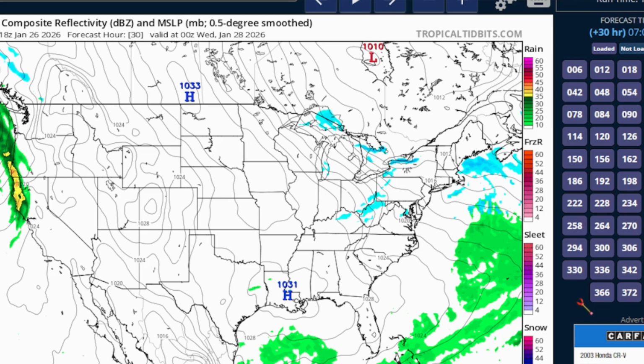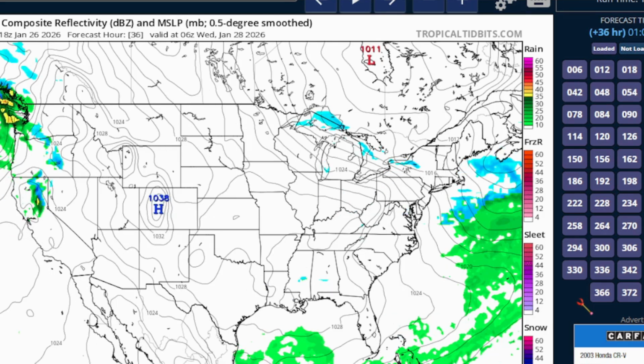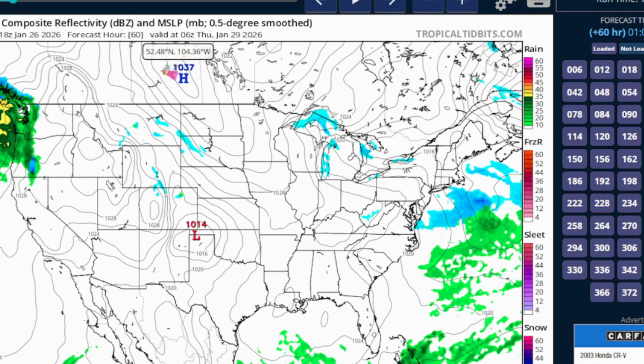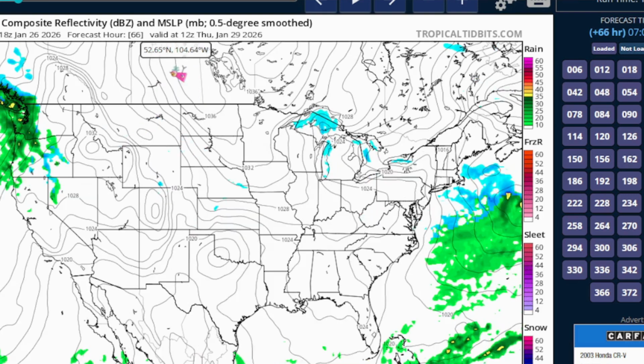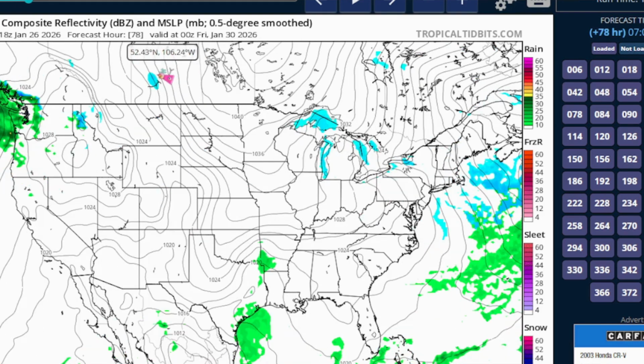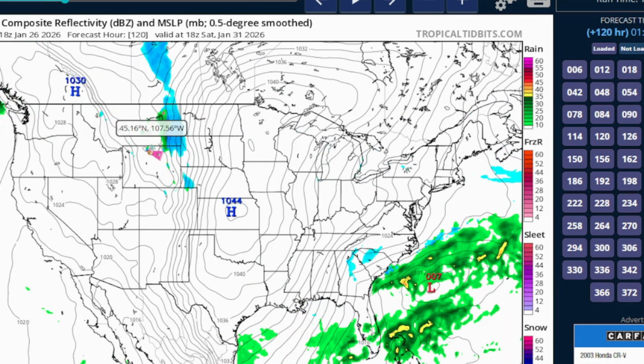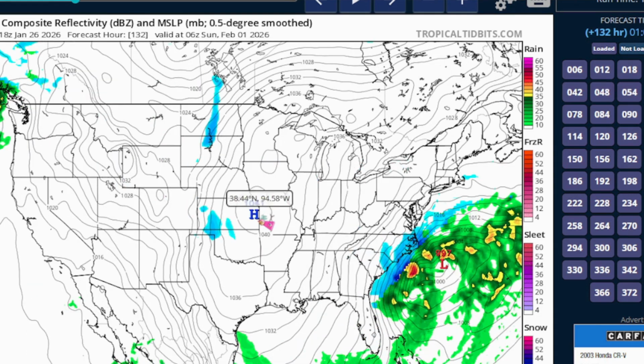On the GFS model, as with the one we showed previously on the European for the pressure, you can see as we go further there is this low pressure or high pressure. This low pressure will come down here. As the day progresses, there is going to be another high pressure coming into the west and eventually pushing this snowstorm into the east.